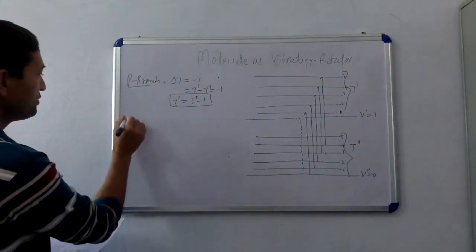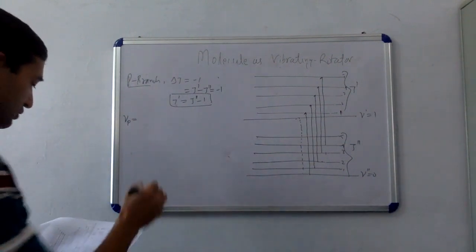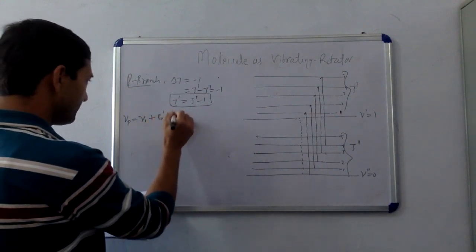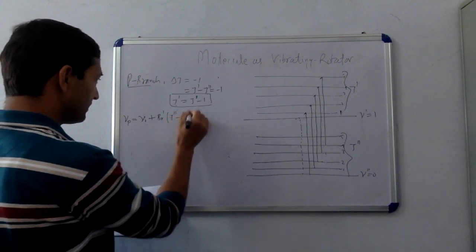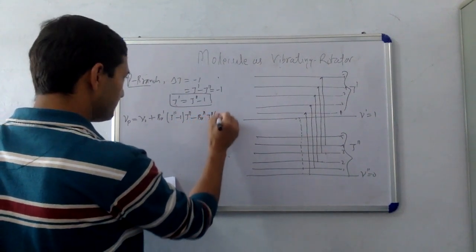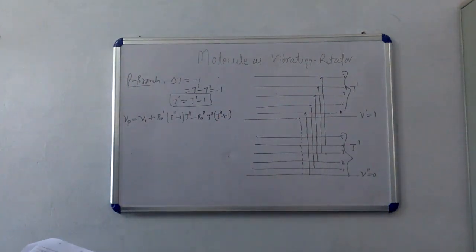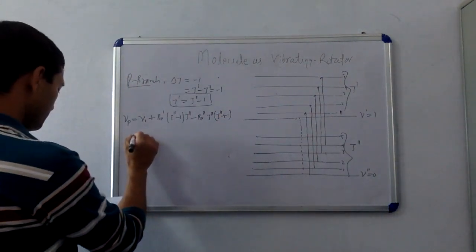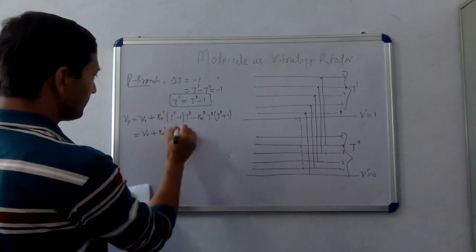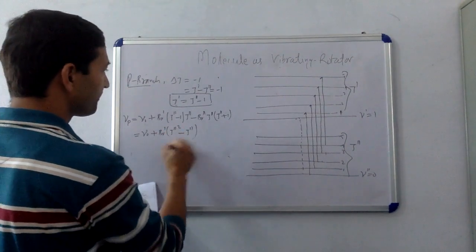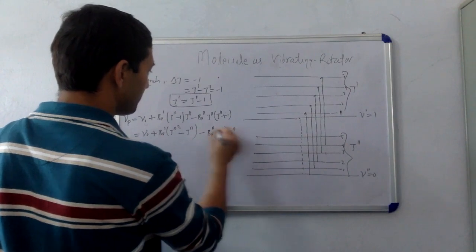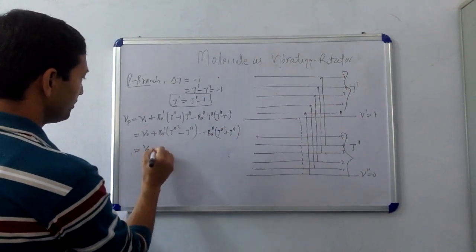In this case, now this nu of P branch is equal to nu naught plus B nu prime z double prime minus 1, this z double prime, minus B nu double prime, the z double prime of z double prime plus 1. So it is equal to simply nu naught plus B nu prime of z double prime square minus z double prime, minus B nu double prime of z double prime plus z double prime square is equal to nu naught plus